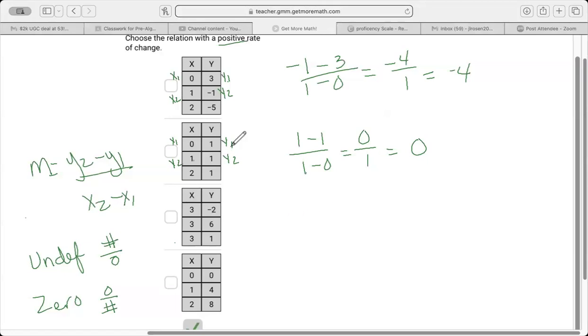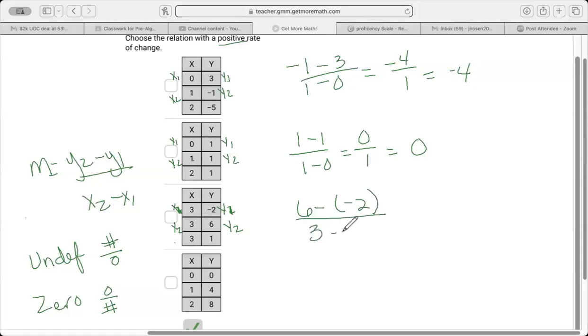We want a positive rate of change. So anytime you see the numbers repeat here, it's going to be 0. Okay, this one here, x1, y1, and then the second point is here, and then we're going to plug it in. Y2 is 6, minus y1 is negative 2,